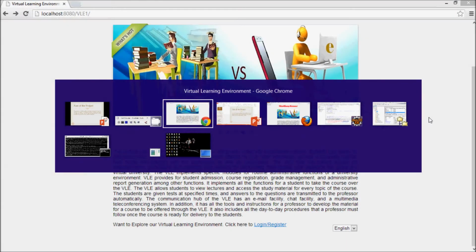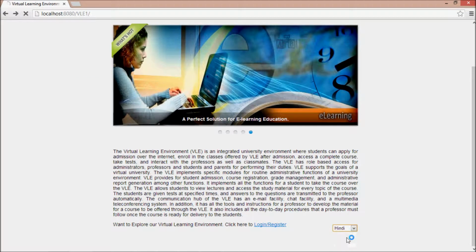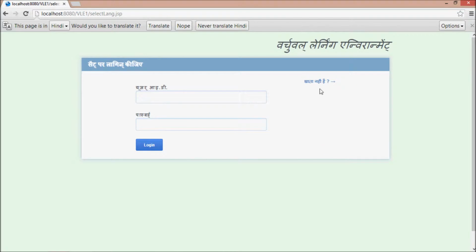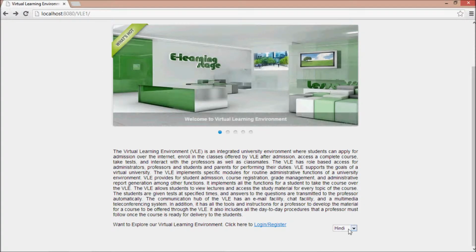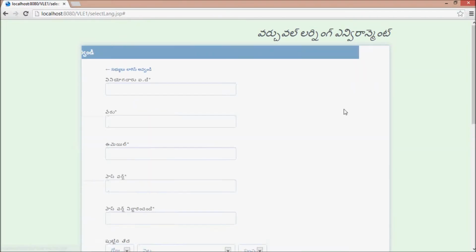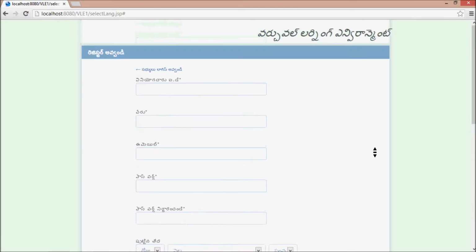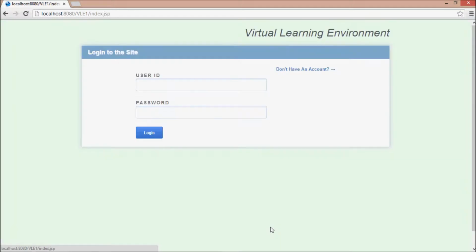I'm going to demonstrate our project, and this is the local language support we are giving. I'm going to show you the Hindi version of the registration page. So this is how the registration page is going to be. You can see this in the video, and I would also like to show you the Telugu version of the page. So this is how the whole website would be. Once you log in, we'll be getting that language only. I'm going to demonstrate the normal one, that is English.